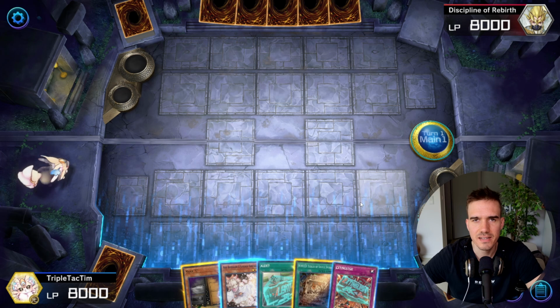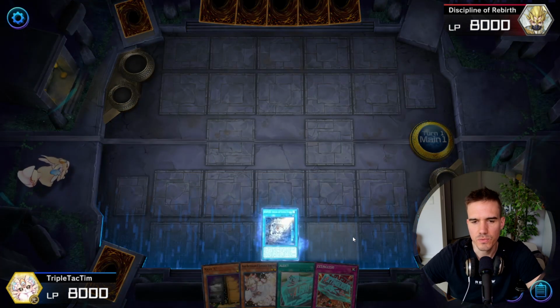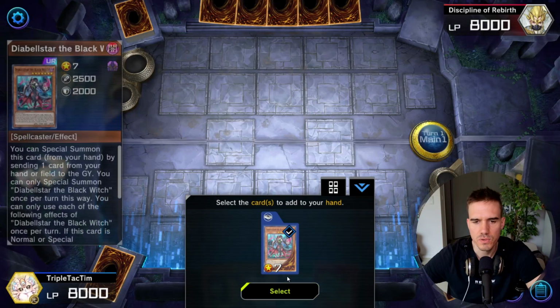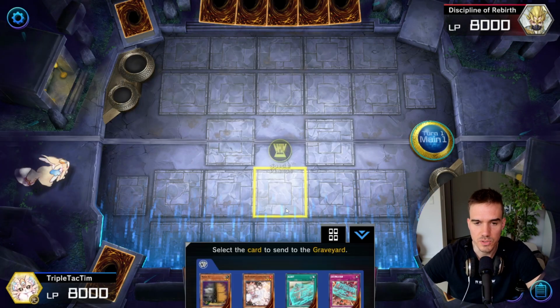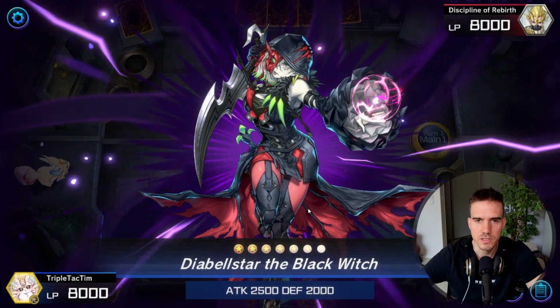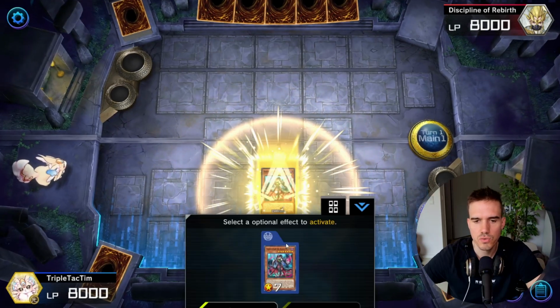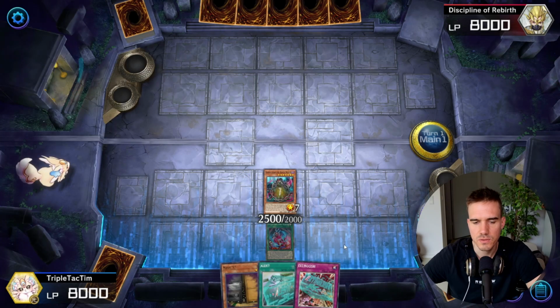Alright, the next starting line that you could end up with is Wanted or Diabellstar, both of which are basically the same, so we are going Wanted here, adding the Diabellstar. Let's just imagine, I could also imagine the Diabellstar was already in hand, then we go to special summon the Diabellstar. Obviously she is going to grab us the original Sinful Spoils Snake Eyes here to the field, and then